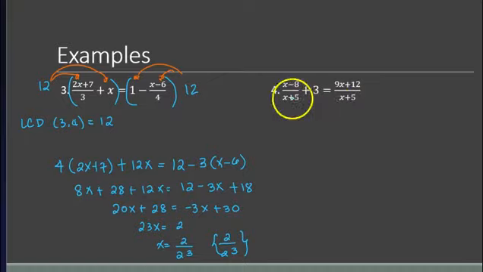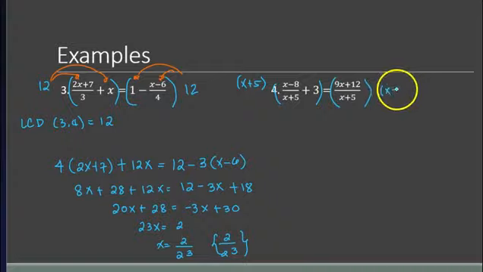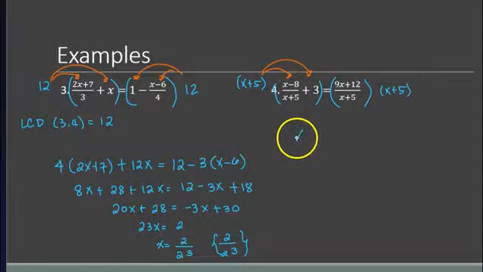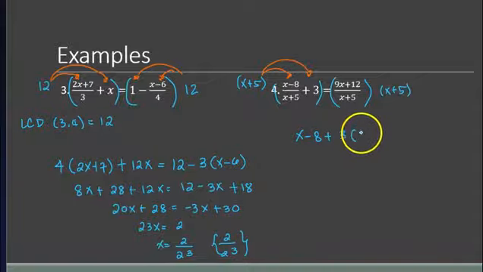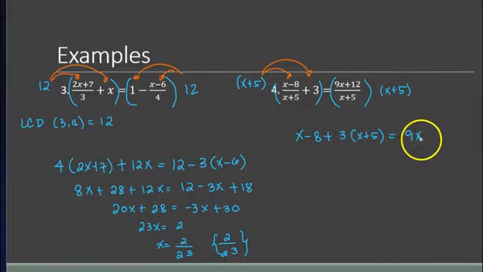So look, there's only one the same. So your LCD here is x plus 5. So we're going to multiply both sides with x plus 5. Of course, if you distribute x plus 5 here, since you also have an x plus 5 in the denominator, that will cancel out. So you'll just have x minus 2, and then you multiply 3 with the quantity x plus 5. Similarly, this side, it will cancel out, and you have 9x plus 12.